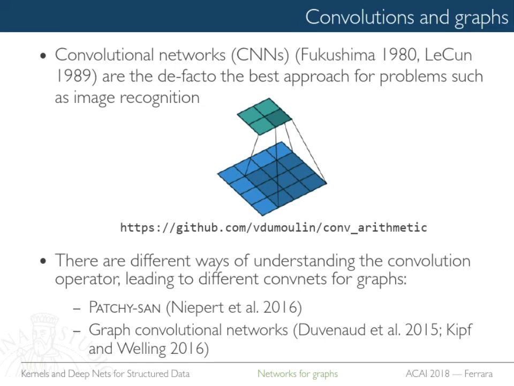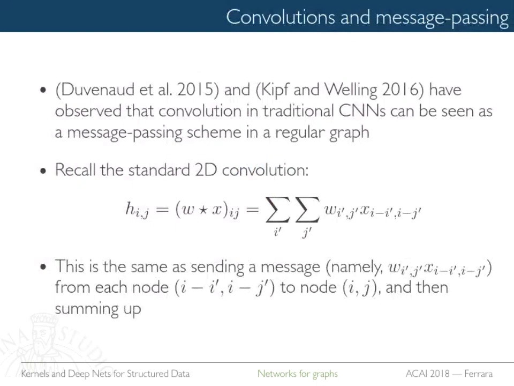Well, this convolutional operation can be understood in different ways, and that will give you different convolutional networks for graphs. Right? So let's see. There are at least these two different approaches, but maybe more than that. First of all, you can imagine that this convolution is actually a message passing algorithm, pretty much like the one before, to some extent. Again, it doesn't look like it, but if you think about it, it is.